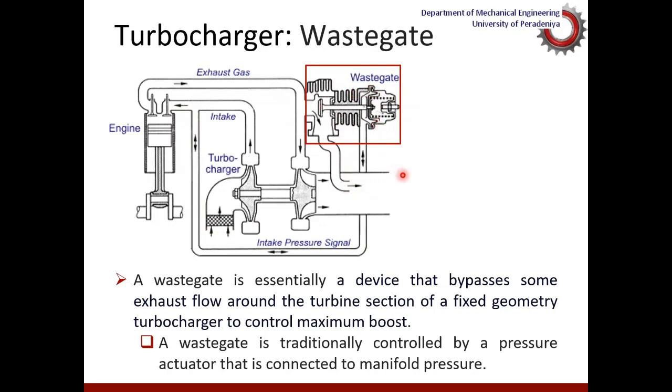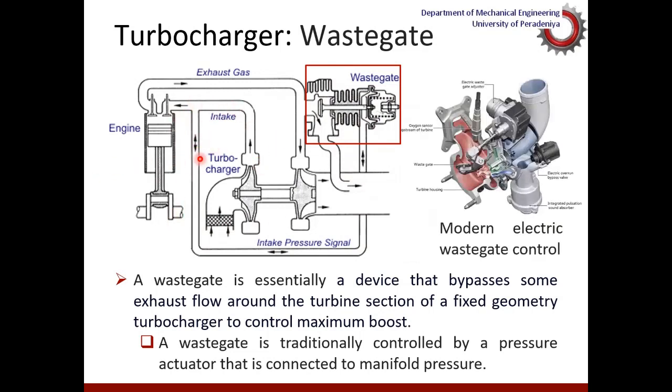So now in the modern engines, this wastegate is not controlled by the incoming air or inlet air pressure, but instead there are electronically controlled valves, so that microprocessor-based control systems could be enabled with such valves. So the engine management unit decides when to operate this wastegate, and accordingly, we could control the amount of turbocharging required in the engines.